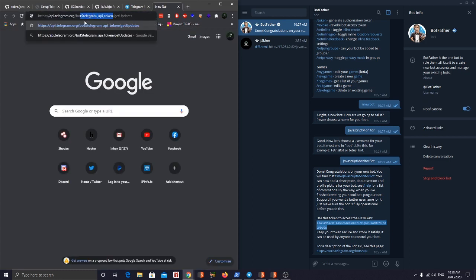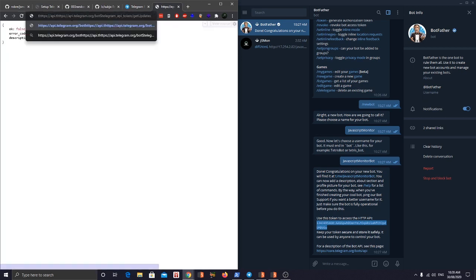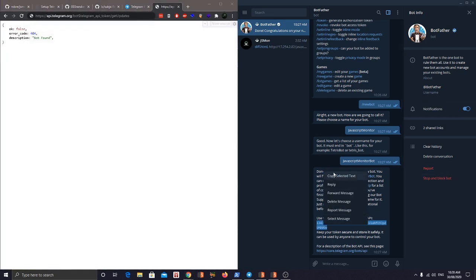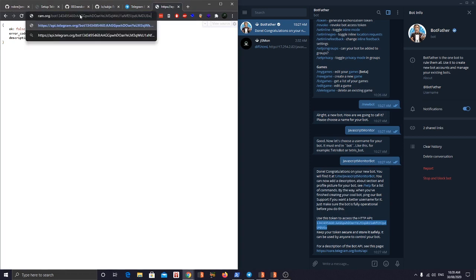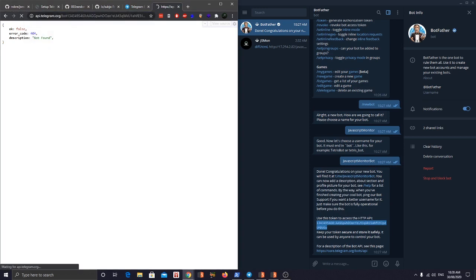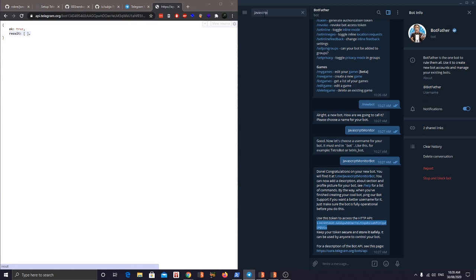So we need to go to this endpoint here, and we need to figure out the message ID, because we can't just send a bot directly to itself. We need to send it through a message. We need to get the message ID so the program can start sending messages to the bot. And as you can see, get updates hasn't got anything yet. So if we go to our bot, which is JavaScript monitor bot,